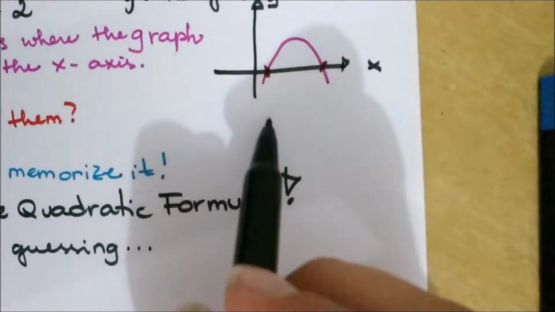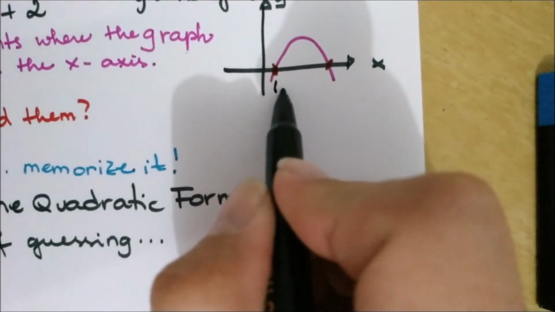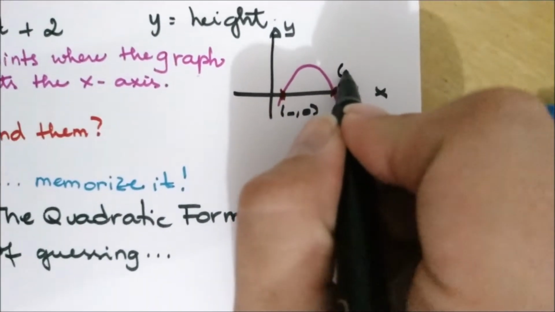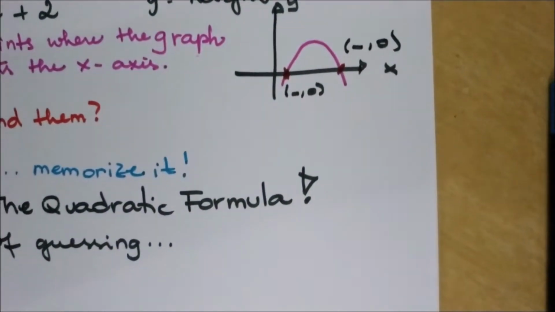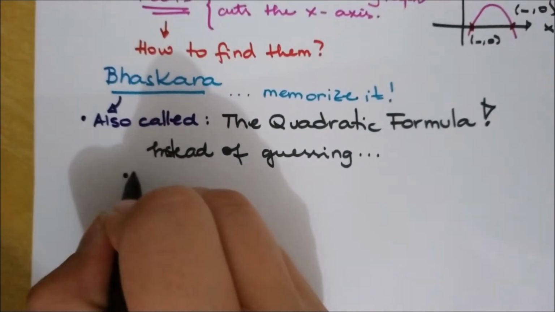It's not moving vertically, it's only moving horizontally. So in here, my point is something, 0, and this point is also another something, 0. Okay? So I know that for finding my roots,